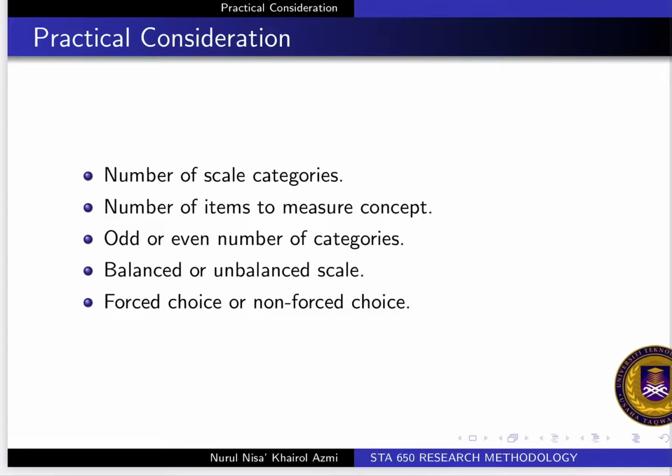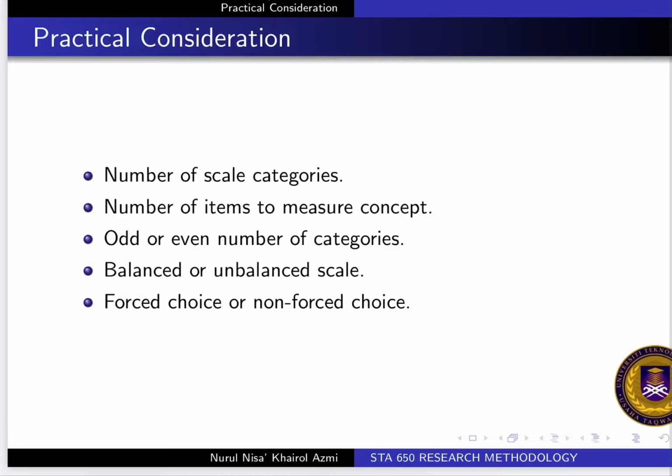Let's say if you have 10 categories, then it is very difficult to distinguish whether you're between 7 and 8, or 8 and 9. Thus, the desire for a higher level of precision must be reasonably balanced with the demand placed on the respondent. The second thing that you need to consider is the number of items to measure a concept,